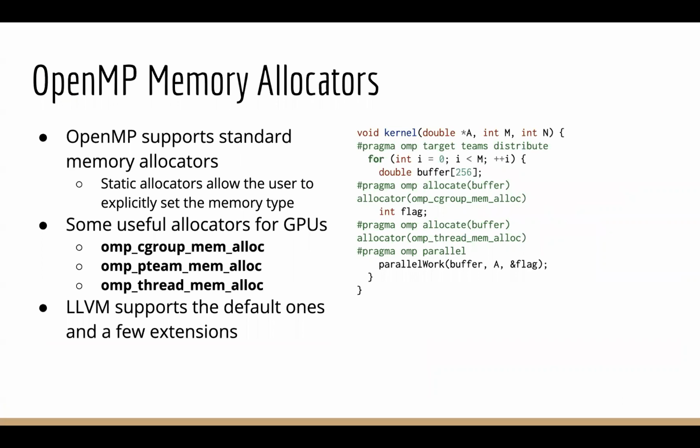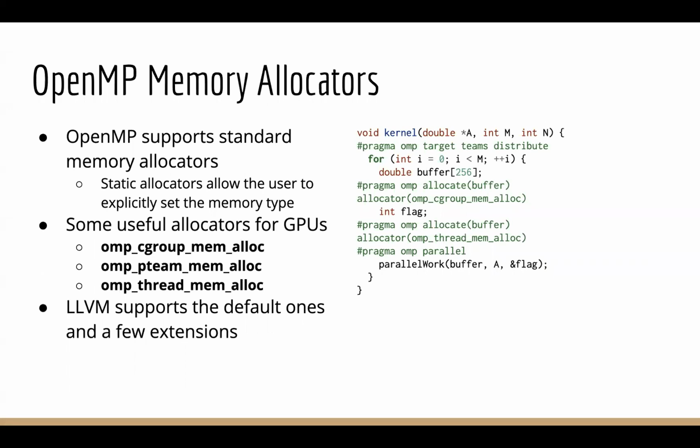Okay, so we support many OpenMP memory allocators, and we support all of the standard ones. The standard memory allocators are very useful for GPUs specifically. As we can see in this example over here, we have some shared buffer and some flag, and you can